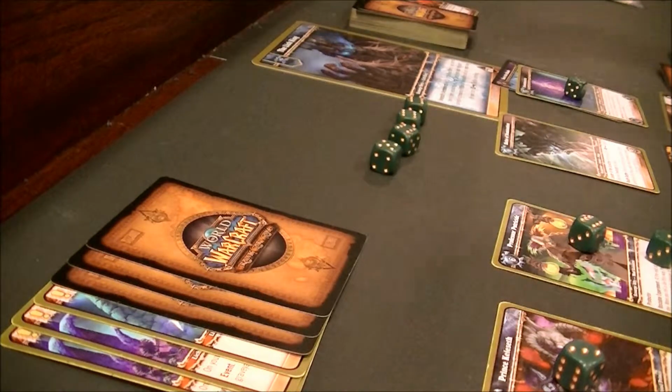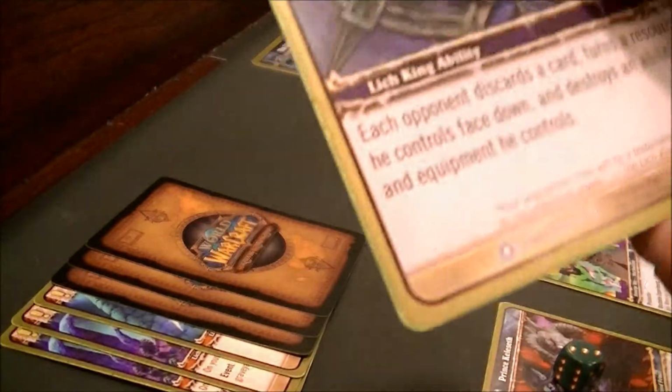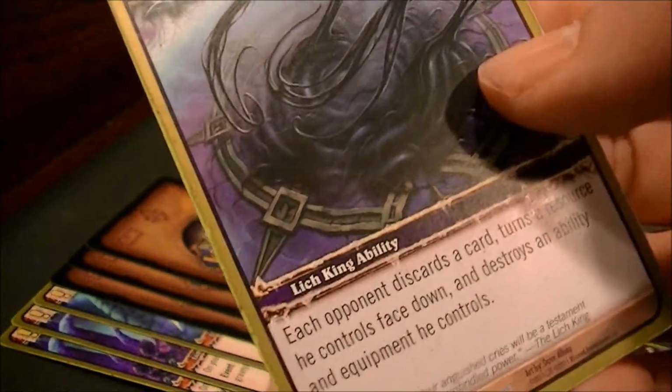So draws the Lich King. We got an Infest. So right now is about a good time to start dropping a Defile. So I'll drop a Defile, knowing I know these decks don't have an Interrupt. So each opponent discards a card, turns a resource he controls face down, and